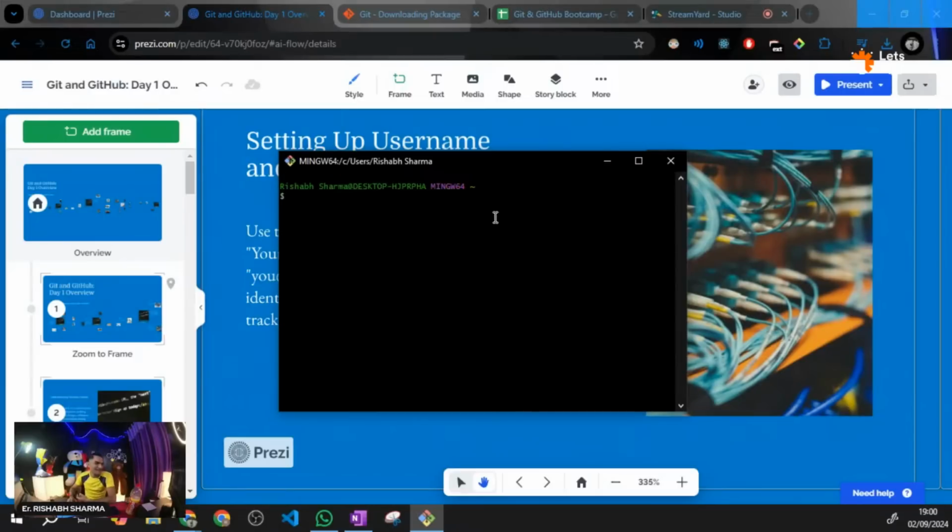Okay, yes, I can speak English, bro. Yes. Everybody has a Git account. Okay, perfect. So now to add your Git account, there is a command called git config, right? git config --global